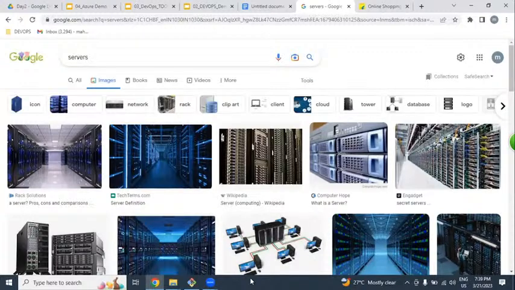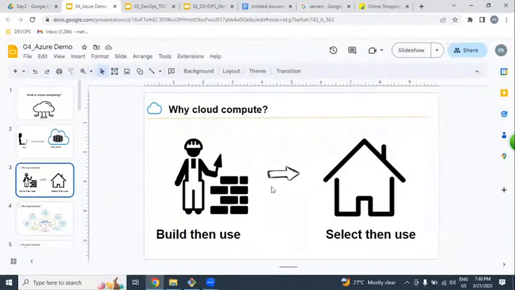Without facing all these problems, what are the companies looking for? Cloud infrastructure, cloud services. So this is what exactly the cloud is.